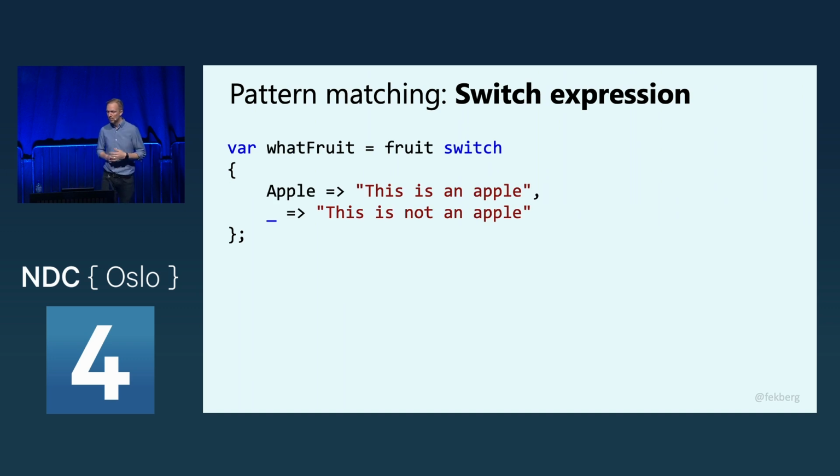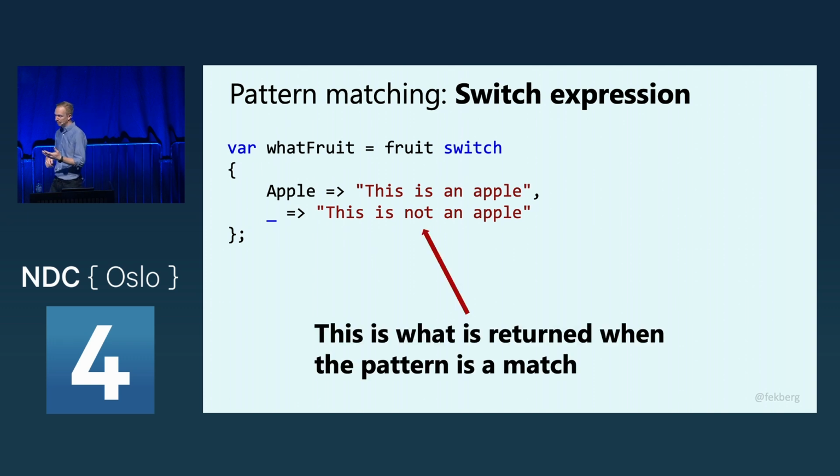I could say that, well, I'm looking for a specific type, and then it's going to return some data. It doesn't have to be strings. It's just a very simple example. But it could also call a method that returns a complex object, it could return anything, right? And then the underscore, that's the discard. It's a way for me to say that I want to match on anything. I don't care if it's null. I don't care if it's even a fruit in this case. Like, I don't really care at all. So that's a quite powerful pattern as well.